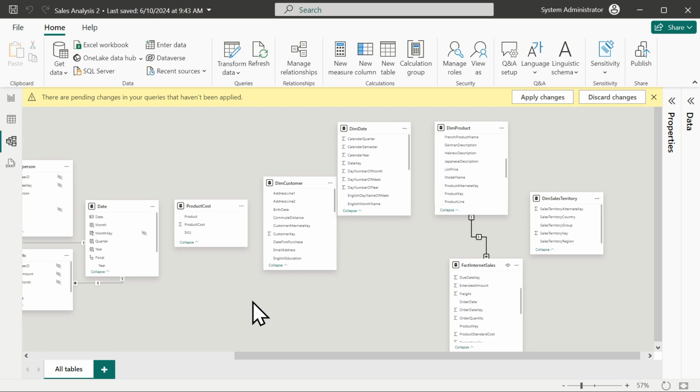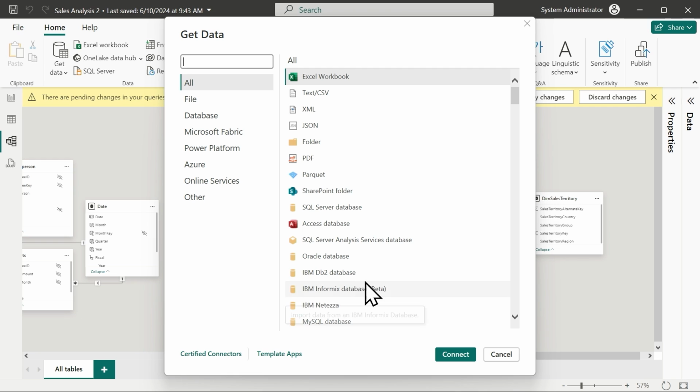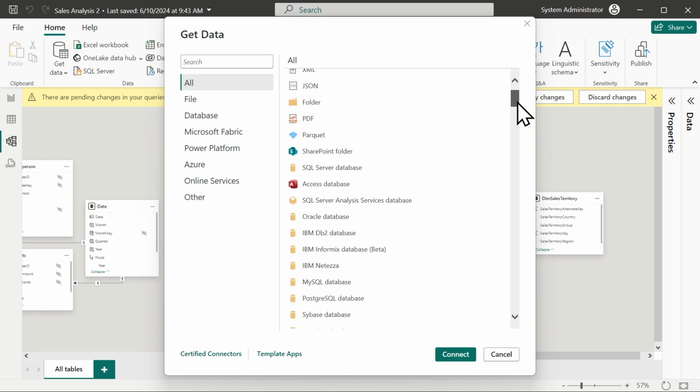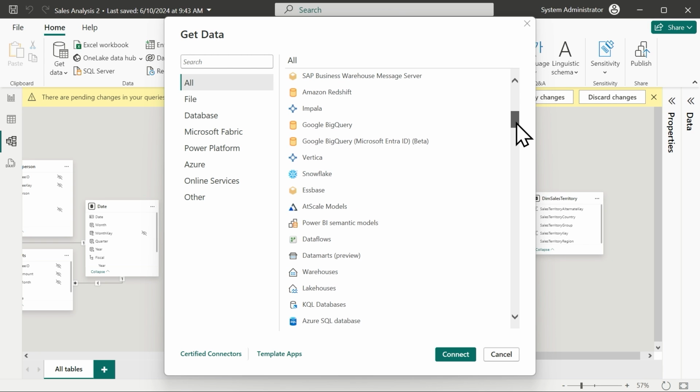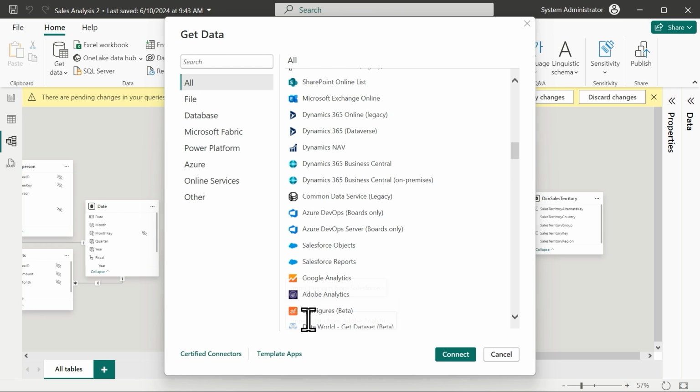The last thing I want to do is highlight Get Data. We focused on Excel and SQL, but there are a lot of places you can get data from. As we mentioned, there are 190 connectors to use, and you can get certified connectors too if you don't find the ones you see on the list here.